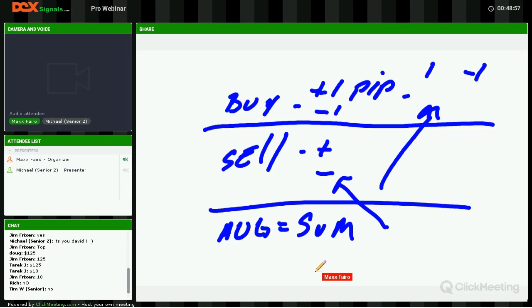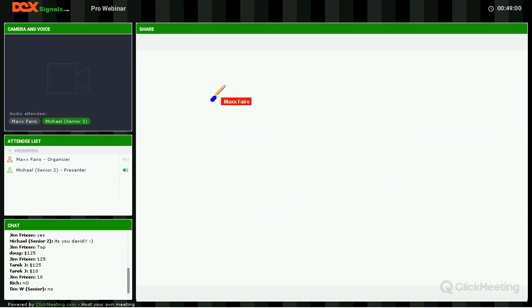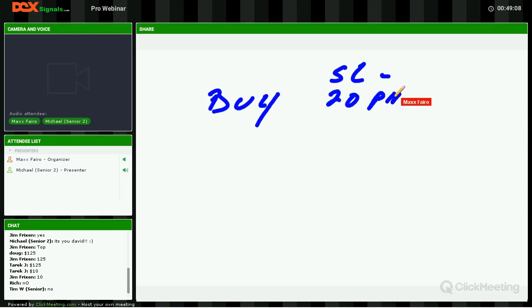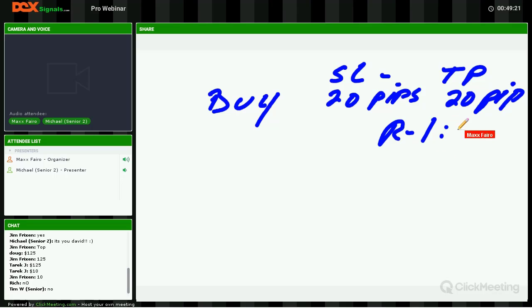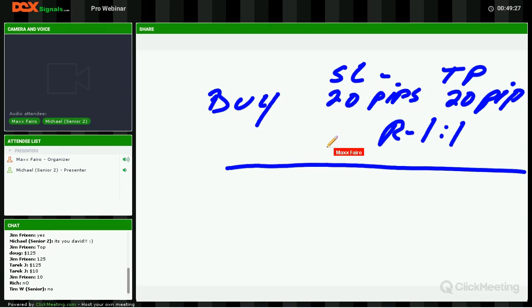So you're getting that. Now, what it creates as a win-loss is another variable in time, which most people don't do, by the way. Most people, when they're trading Forex in an algorithm, they take a buy, right? They give you a stop loss. And they say, set your stop loss at a certain amount, let's just say 20 pips, and take your take profit, let's say like 20 pips. If they're smart, this is an R 1 to 1, right? You're risking 20 pips to make 20 pips.